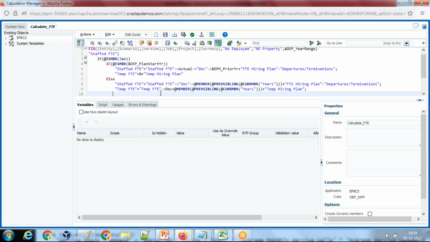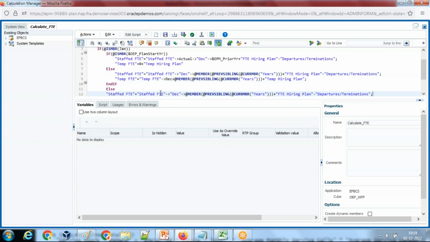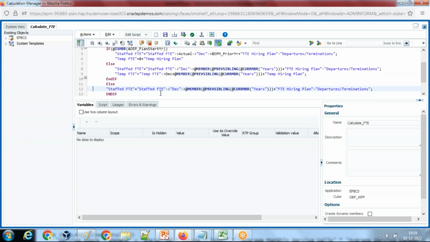So we define an expression for if it is plan year. If it is not a plan year, then we apply else expression, which is for if it is not January month. So if it is not January month, then staff FT will take prior year. I'll copy here. Not prior year, prior function I use. Prior function, staff FT,